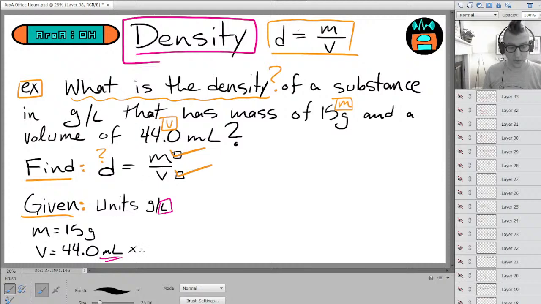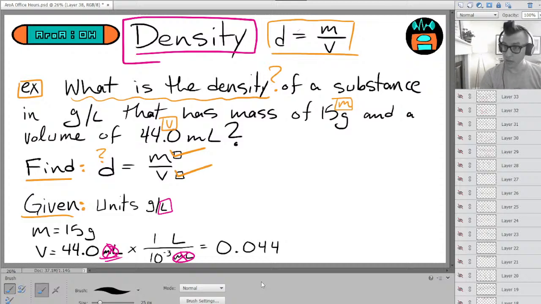We need to convert from milliliters, which we'll put in the denominator, to liters, which goes up in the numerator. So 1 milliliter is 10 to the negative third liters. Now milliliters cancel. And if you punch this into your calculator, it will tell you that 44.0 times 10 to the negative third is 0.044